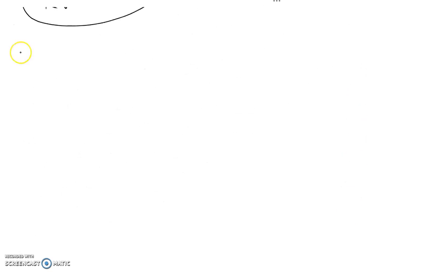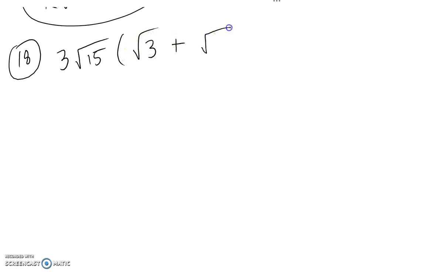Let's skip ahead to number 18. 18 is 3 square root of 15 times the square root of 3 plus the square root of 5. Now I know you guys don't need to be reminded, but I'm going to say this anyways. These don't have coefficients on them, which means there is an invisible 1 in front of each of them. So 3 square root of 15 times 1 square root of 3,